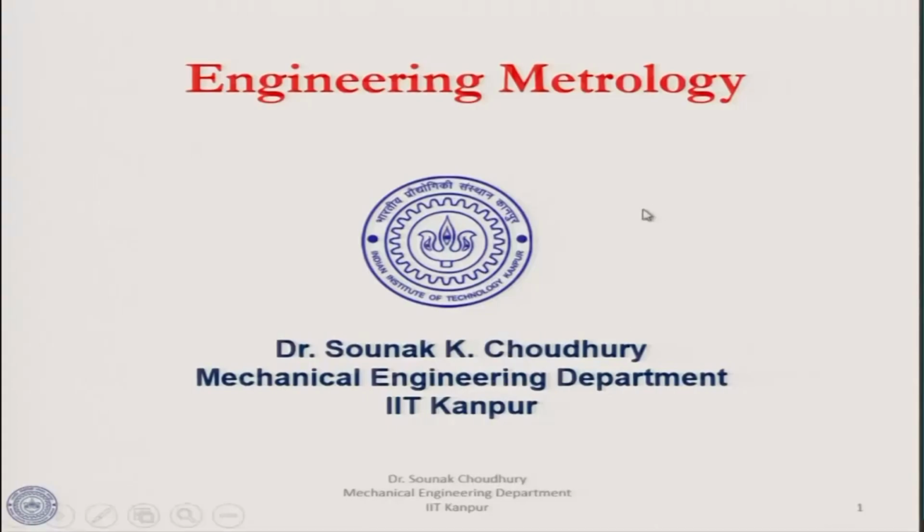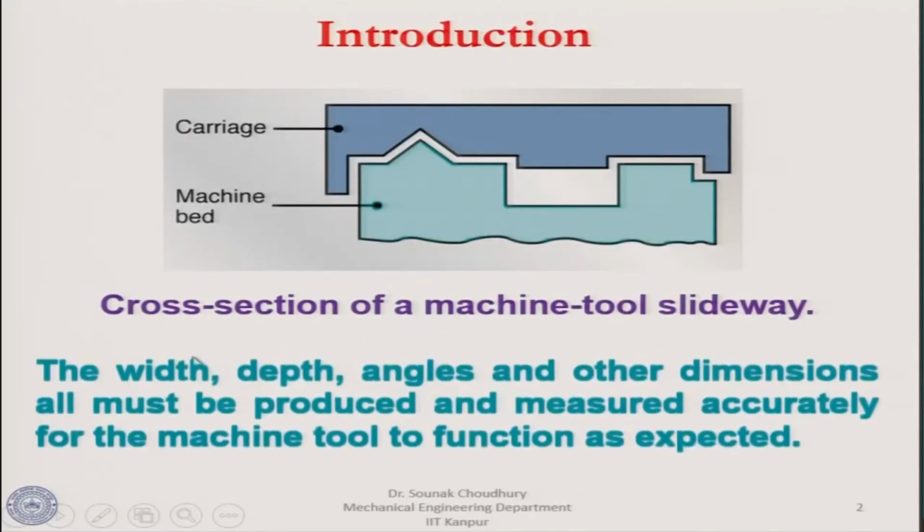Hello and welcome to the series of discussions on production technology, theory and practice. The last topic of this subject is engineering metrology, which we would like to discuss today. Now, if you see the slides here, engineering metrology, if we have to define, so before that let us